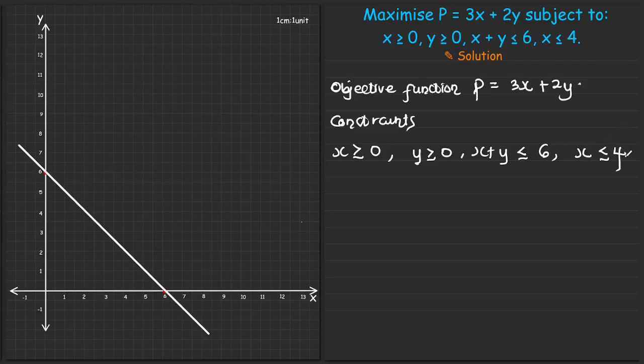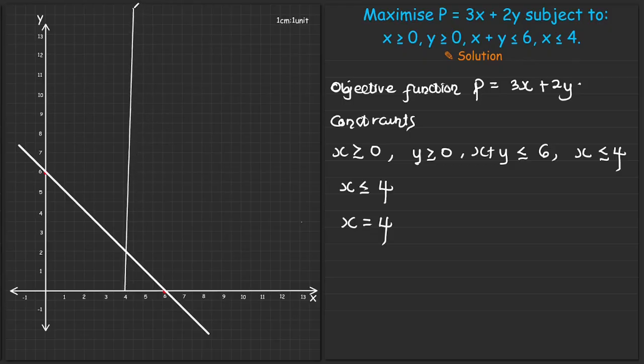Okay, then the next one is what? x is less than or equal to 4. So to get x is less than or equal to 4, we first of all look at x = 4. So the line x = 4 is this straight line over here. So I'm just going to represent it this way, this straight line. This is x = 4. Okay, so I can as well extend it downwards. x = 4. Then we look at the region that forms its feasible region,